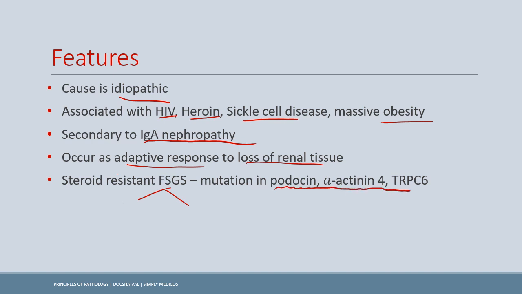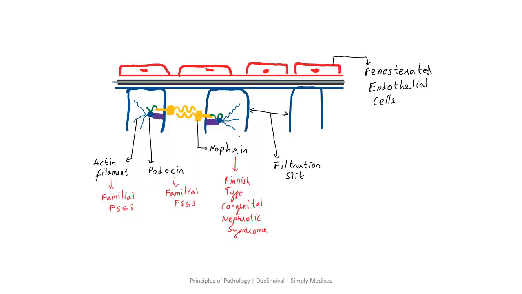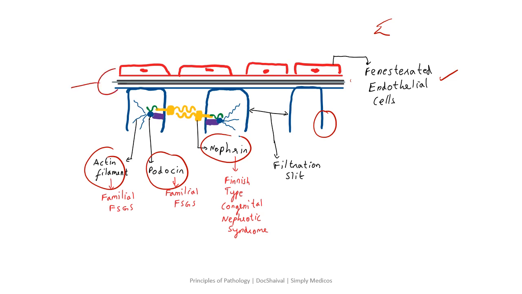Let's see them in the next slide. Now, the nephrin, podocin, and actin, all of these three are involved in maintaining the filtration slit pore size. So recall that this over here is actually the podocyte foot processes, and this is the visceral part of the glomeruli. These are the visceral endothelial cells. Then this over here is the basement membrane, and these are the visceral epithelial cells with the foot processes as